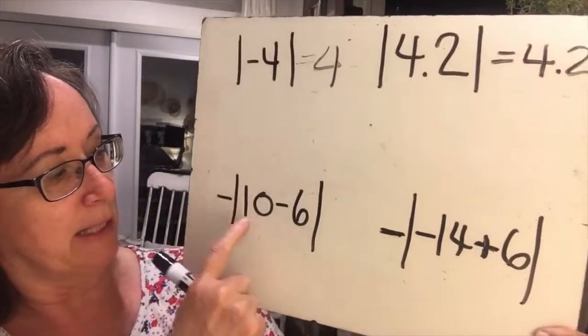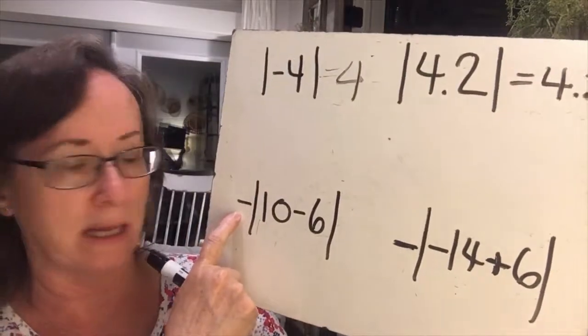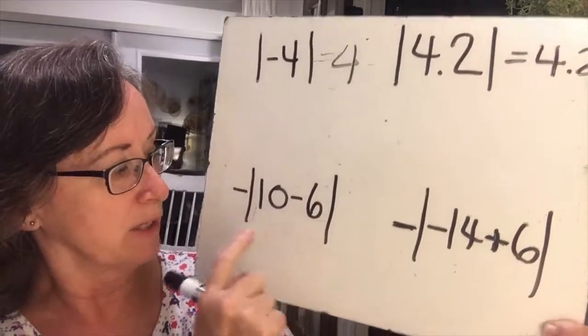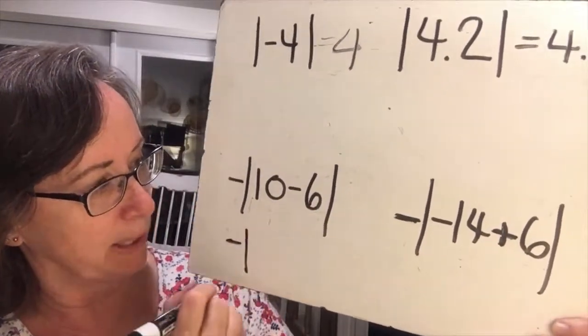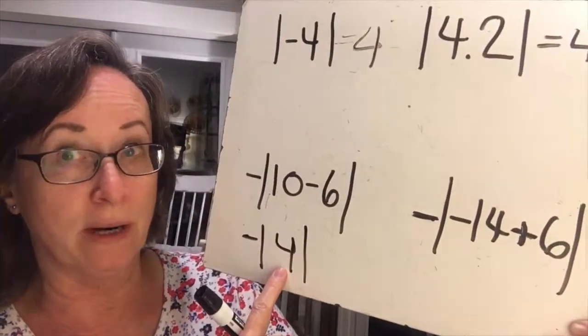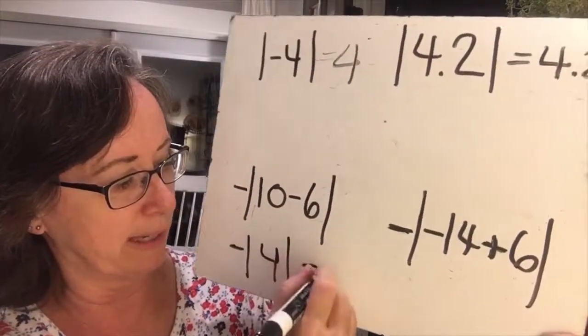The absolute value of negative the absolute value, so that will be the opposite of 10 minus 6 is inside the absolute value. So we can simplify this in stages. So we have the negative, which we'll deal with in a minute. 10 minus 6 is 4. Now the absolute value of 4 is 4, but then we have the opposite of the 4, so the answer